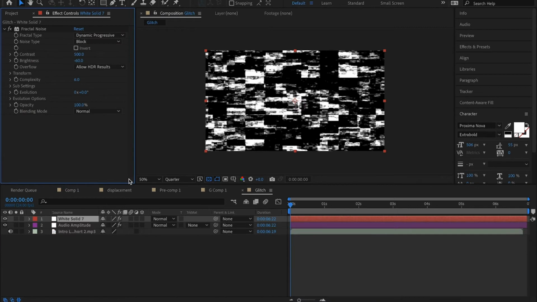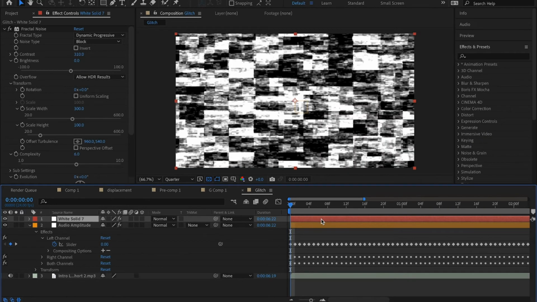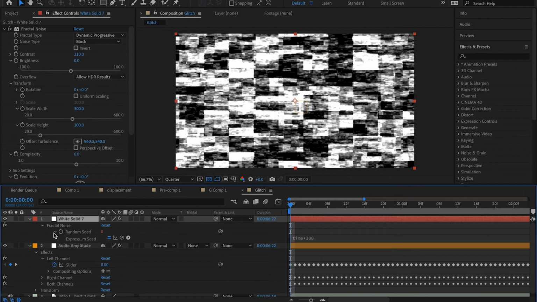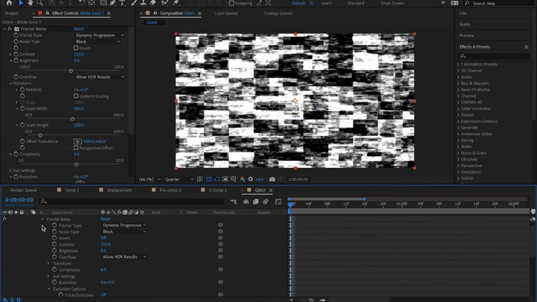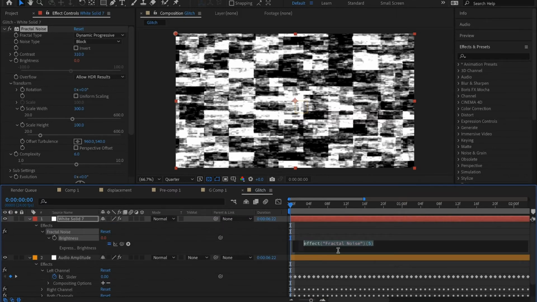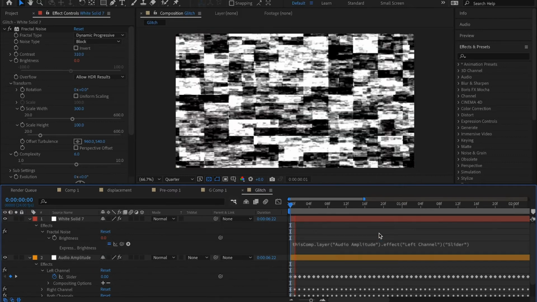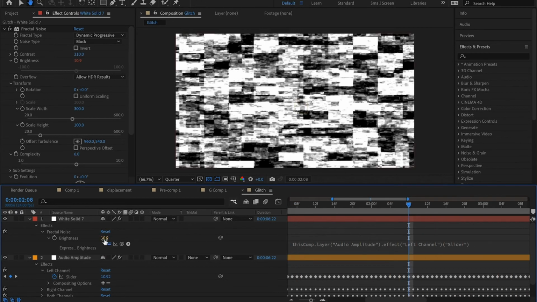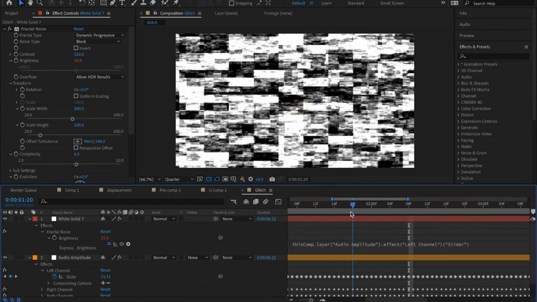We want to link the brightness of the fractal noise to the audio layer with all the keyframes on that. I just select the solid layer, hit double E to reveal the fractal noise, and then select brightness and hit double S to solo the property. Hit Option to reveal the expression properties and drag the pick whip to the slider. So if I hit play, you can see the same number on brightness and this slider,